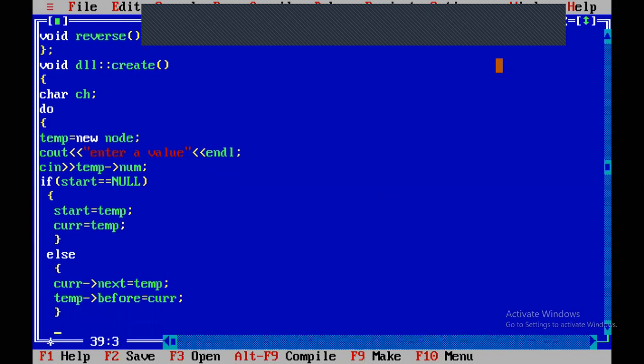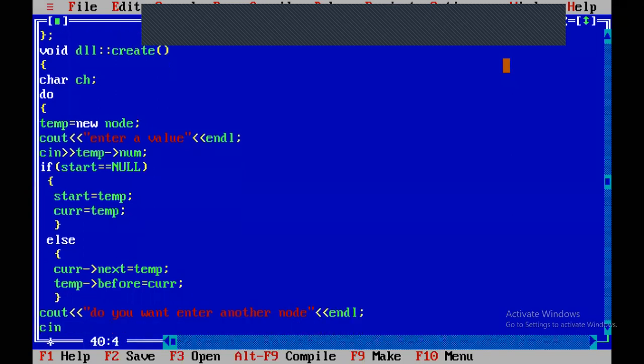Again after that you have to enter, not printf, sorry, cout: Do you want to enter another node? cin ch.